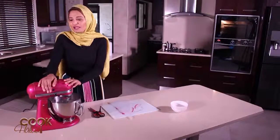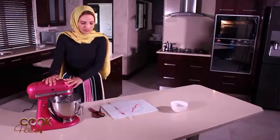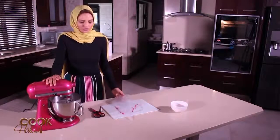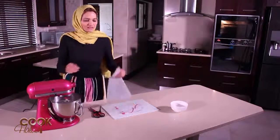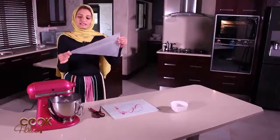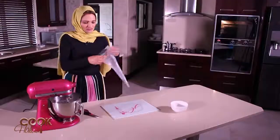So while our meringue is getting nice and thick and glossy, we are going to start preparing for decorating the cookie. Okay, so first what we will need is a plastic piping bag. You'll need a round nozzle and a scissors. And all you have to do is just place the nozzle in the piping bag,